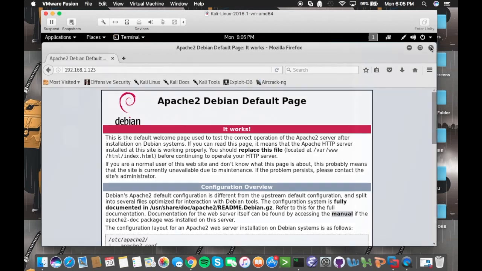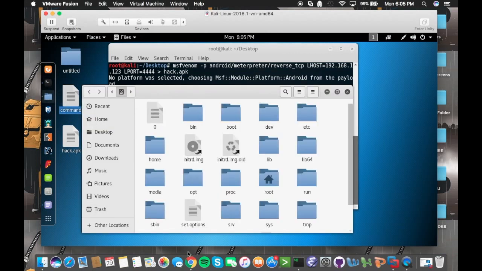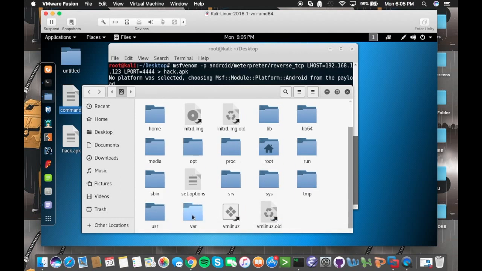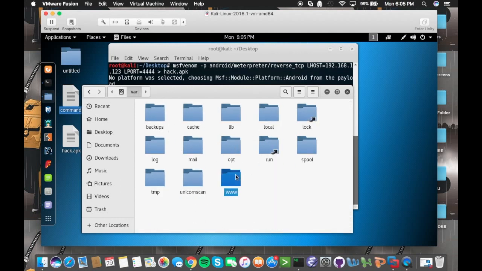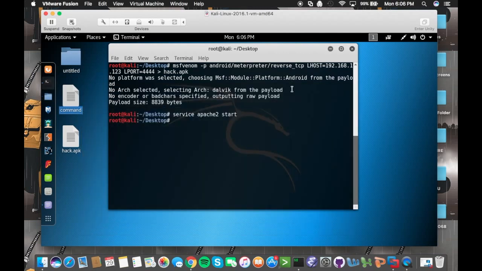Now all we have to do is transport this APK file to the folder that hosts all of the files on the web server. It's going to be in /var/www/html. I already have this in here because I was trying to do this before I made the video, so everything is already set up. Basically all you have to do is drag and drop this to that folder, and then from there you can download it directly from the Apache server. Like I said, I already have this set up. Now the next thing that we're going to do